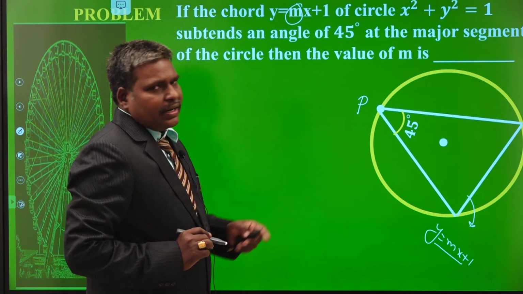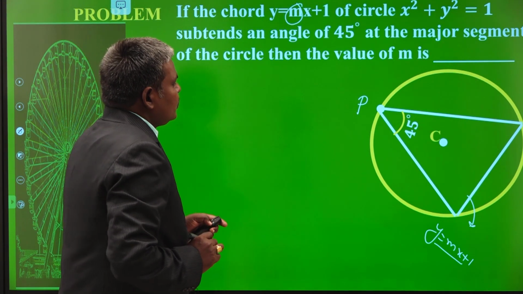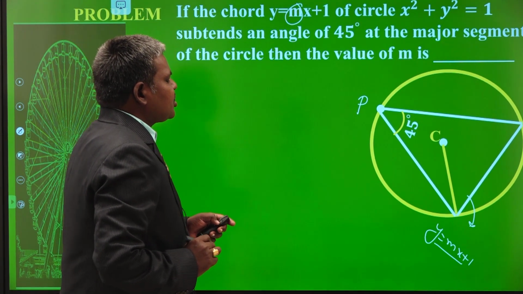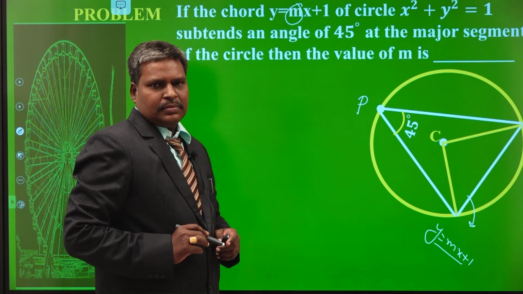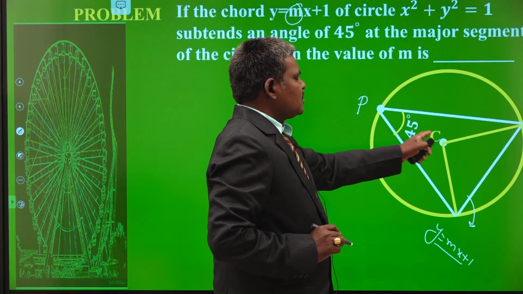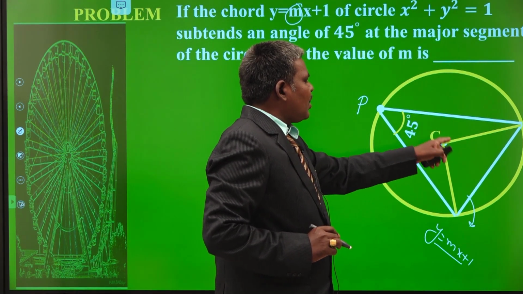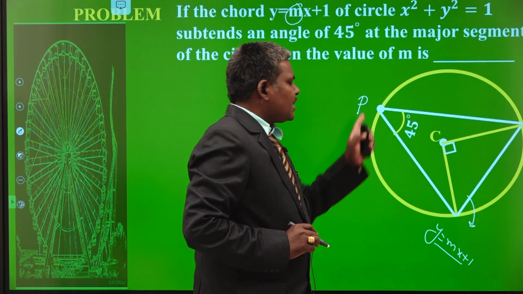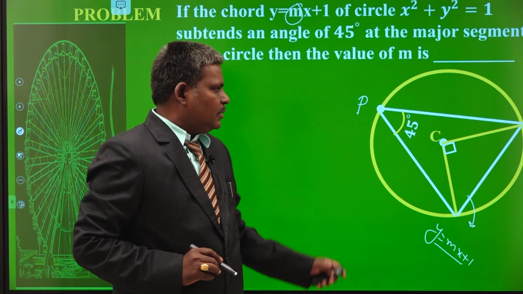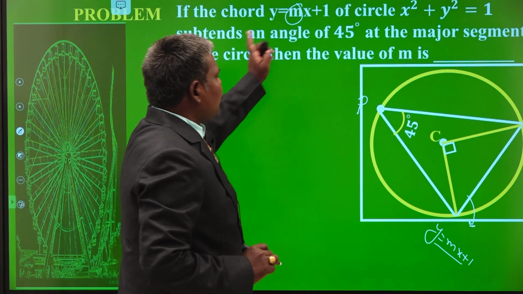Now, is it the center or not? This is the center of the circle. Now, join that point to the extremities of your chord. Now, I am asking one question to you. If it is 45 degrees, what is the angle at the center? Immediately tell me. Double the angle. What is double of 45? 90 degrees. Yes, that is 90 degrees. Right? This is the picture related to your problem.